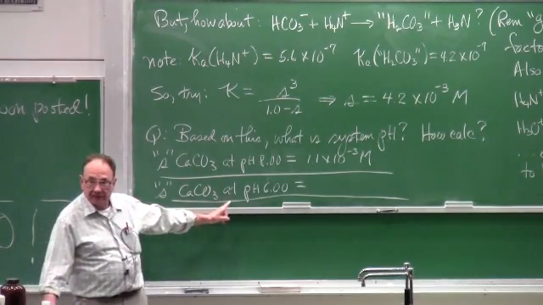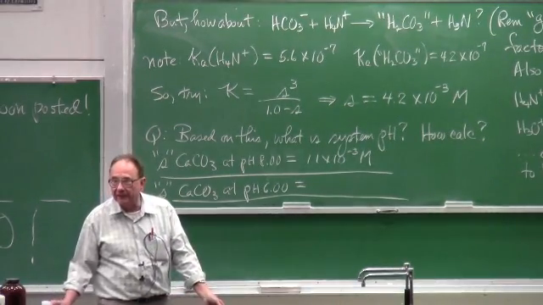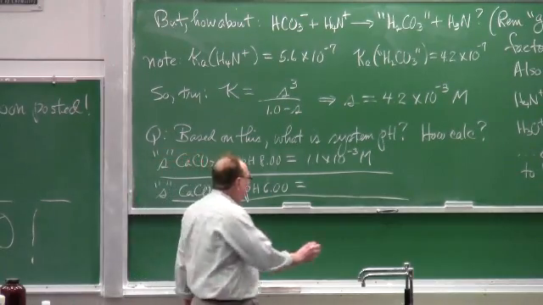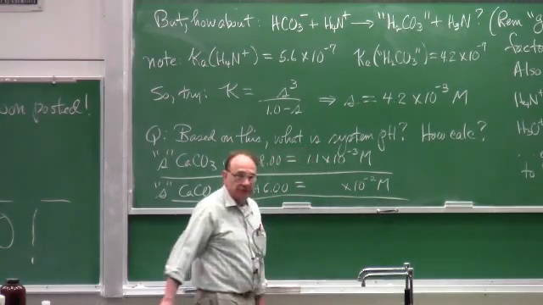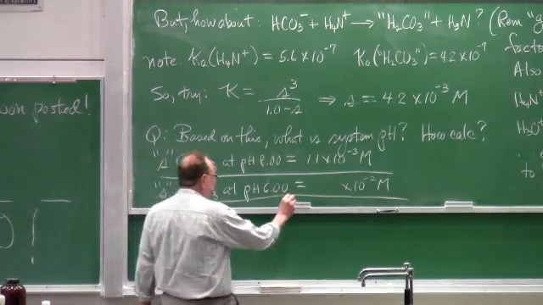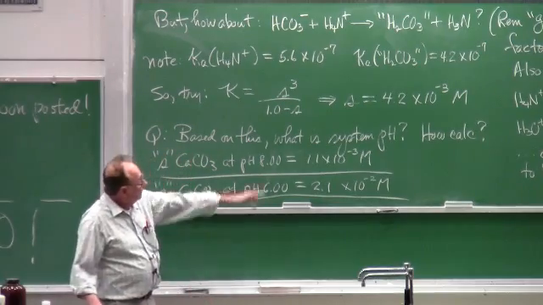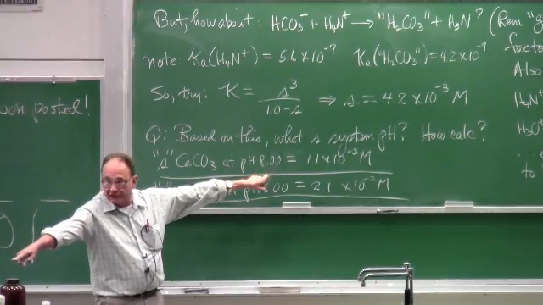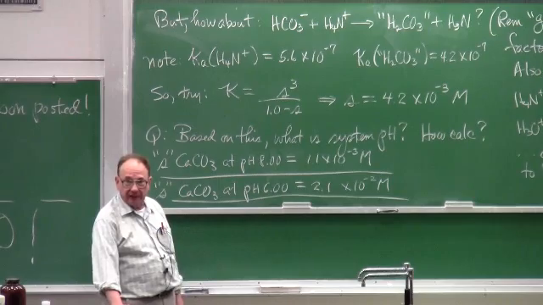What do we get for this? We did it last time. What do we get? Something times 10 to minus 2. Well, 2.1? Okay. So now we know, if this is true, the pH of this resulting saturated solution system, which we have yet to prepare, will be greater than 6.00. Okay?